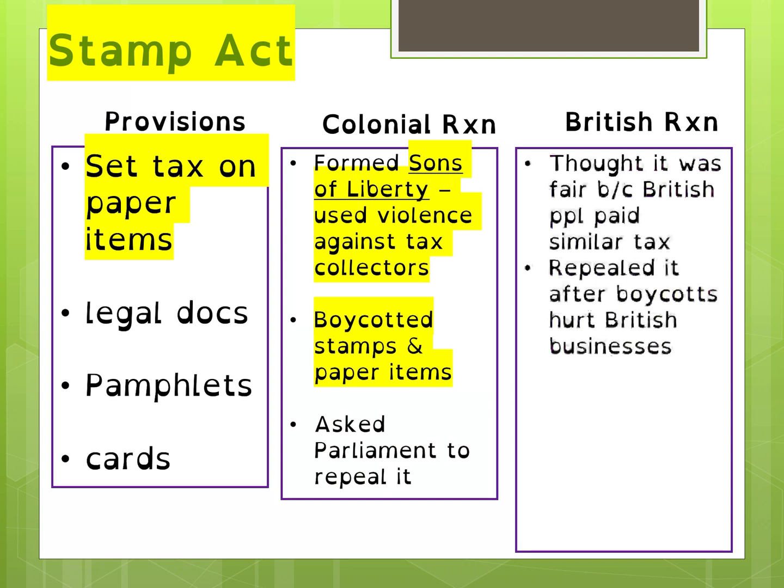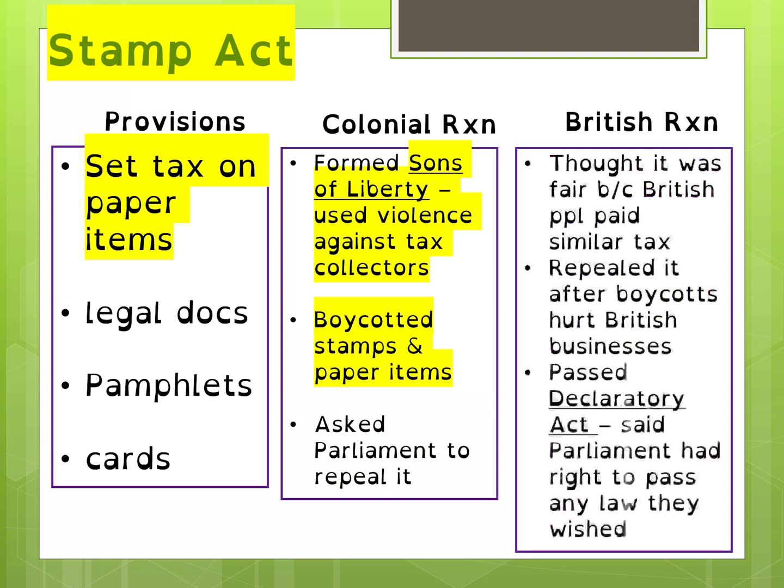But they do end up repealing it because the boycotts are hurting British businesses. So yet again, the boycotts are successful. However, after they repeal the Stamp Act, they pass what is called the Declaratory Act. And it said that Parliament had the right to pass any law they wished and that the Americans had to follow it no matter what. So in other words,